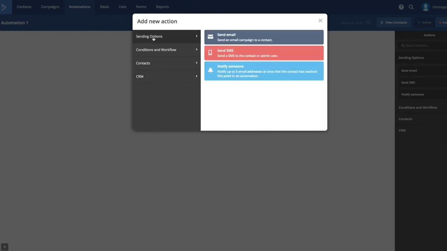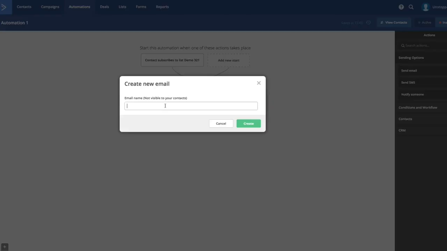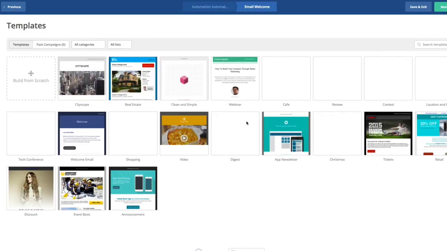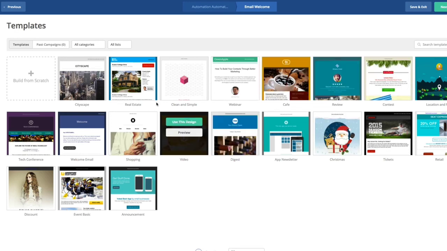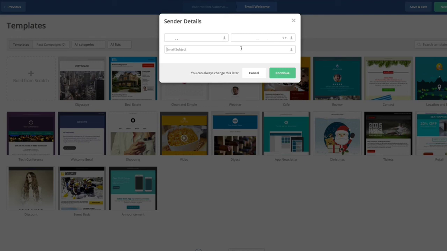Let's say I simply want to send an email. Let's click on that. And it's saying you don't have any emails to send, and you can create an email. So let's create an email first. And let's call this welcome. And now it's loading the template section so I can choose the email template that I want sent. Let's just create it from scratch. And I'm going to choose text only. And next you want to choose your email subject line. Welcome to the newsletter,